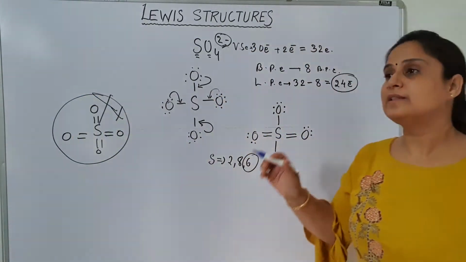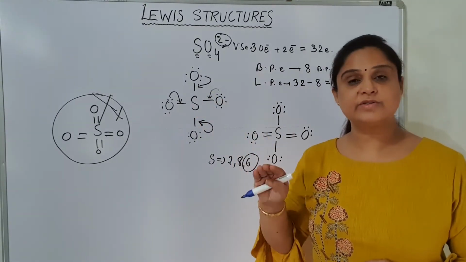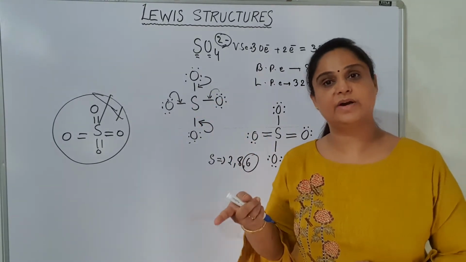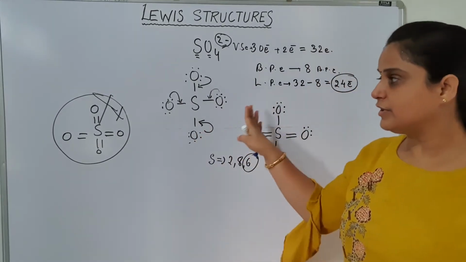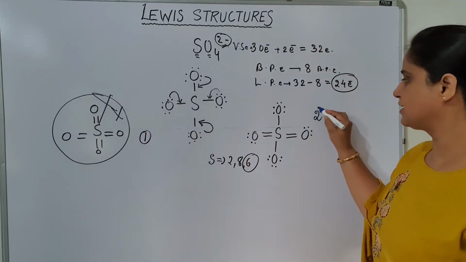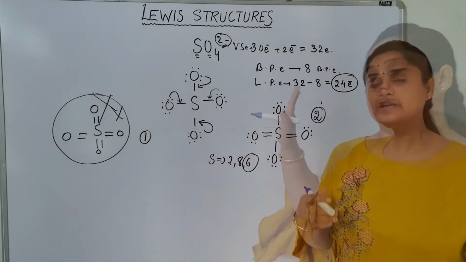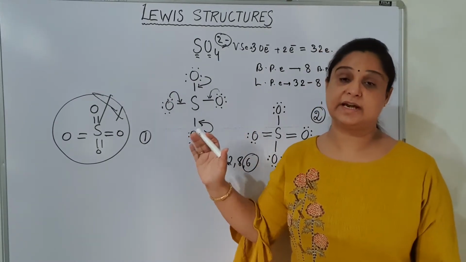So make sure that if you are shifting electrons, that should also justify the number of valence electrons in the outermost shell of that species. Okay? So according to that, we can have only 2 structures, structure number 1 and the other predicted structure, structure number 2. Now we will understand a very important aspect of these structures, and what is that?